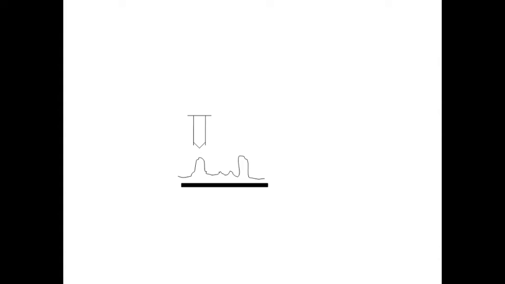Second point is constant height mode. Okay, the first point is what? The voltage and height are both held constant, while the current changes to keep the voltage from changing. This leads to an image made of current changes over the surface, which can be related to charge density. Okay, this is about voltage and height.